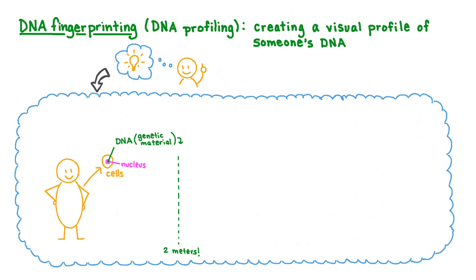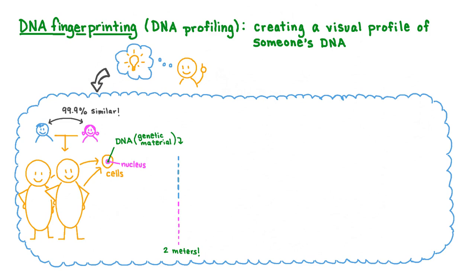This DNA is divided into segments called chromosomes. We inherit half of our DNA from our biological father and the other half from our biological mother. Only identical twins have exactly the same DNA. But the DNA between any two human beings from anywhere on the planet is still similar, at 99.9%, so there's only 0.1% of our DNA that makes us different from each other. Let's continue our investigation into what makes one person's DNA different from another.